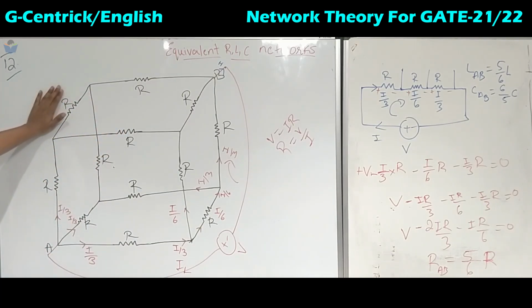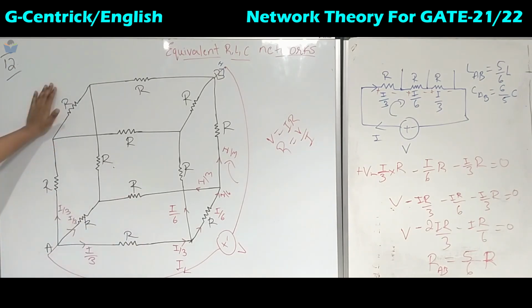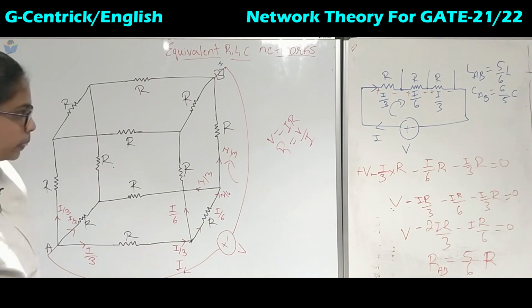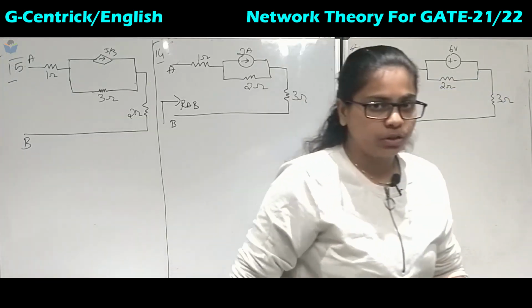Now this is only for the equivalent resistors. Okay, so it has got the same values, the R is the same, but if the R is a different value, then the division of the current will be different. Okay, so we will move on to our next problem. Okay, coming to the next problem.